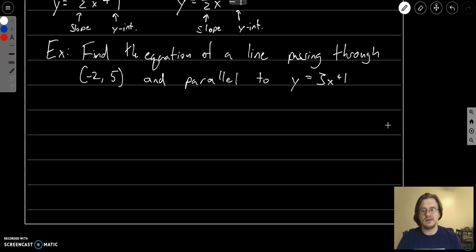So here we can find the equation of a line passing through this point, and it must be parallel to this line. Well, lines are parallel if they have the same slope. So we know that the slope of this line must be 3. So the parallel line